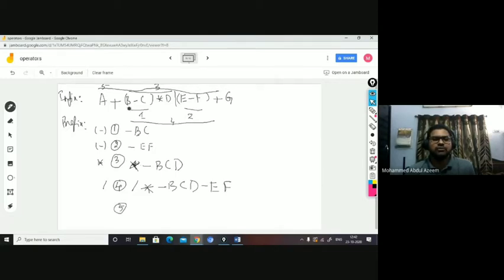So in step 5, you can see that the plus operator is applied on left operand A, and the right operand is the entire step 4. What is the entire step 4? You have by into minus BCD minus EF.